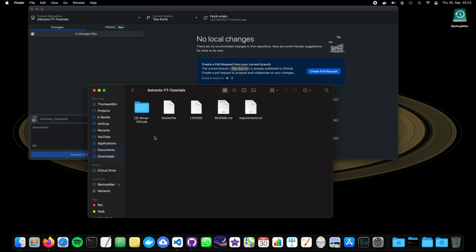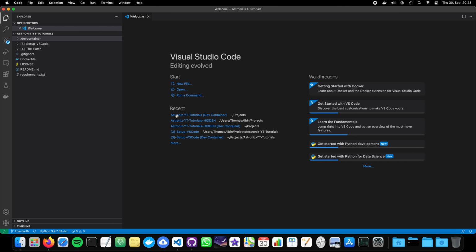We will work on some Earth-related topic. So we will compute the position of the Earth in our solar system and see whether the results make sense. And for this, we will create a new folder today, simply called For the Earth, same as the YouTube video title. Now let's go to our VS Code environment,